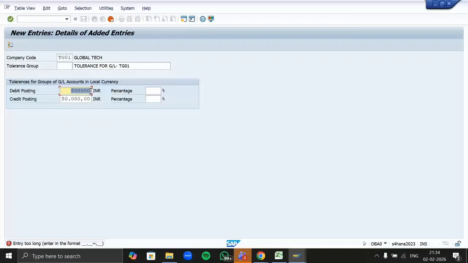Okay, ma'am, let me try this sign. I'm trying to use it, but the system is not allowing me to use it. So that is not a sign to use there.